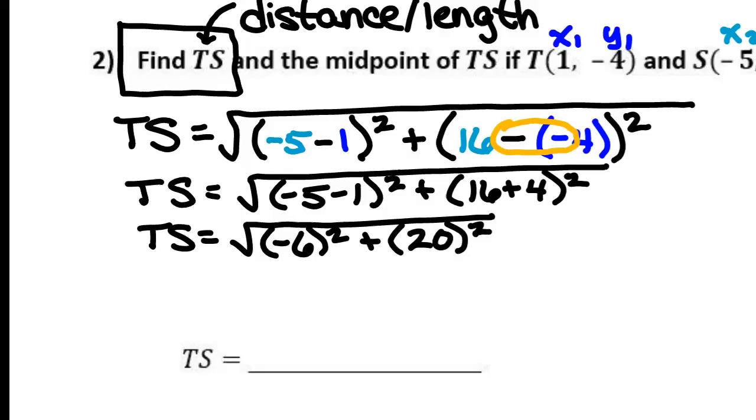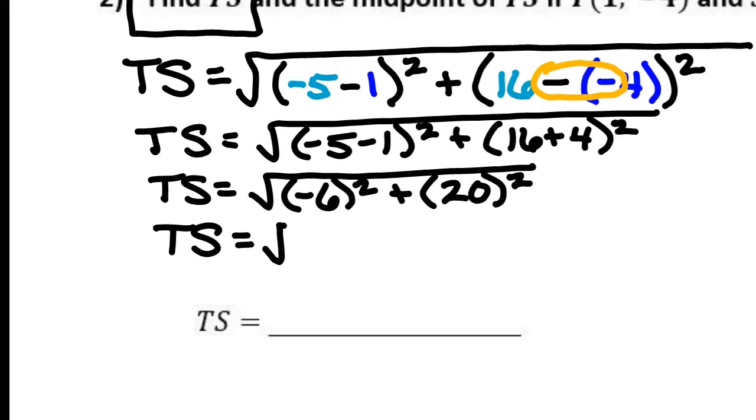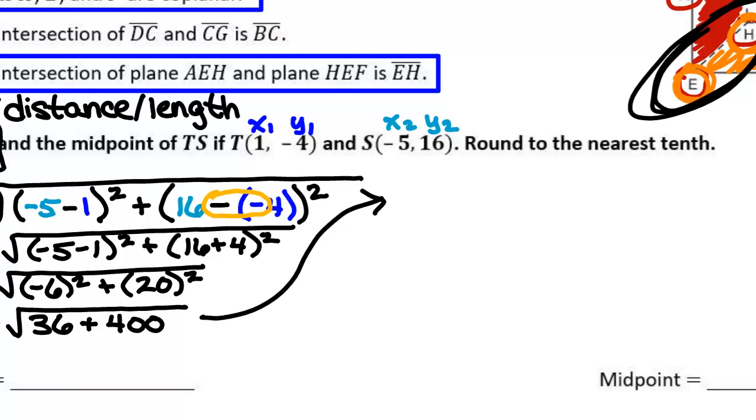What types of numbers do we get when we square things? What type of number? Always positive. Always positive. Make sure you are using the parentheses on your calculator, because if you put it into the calculator without the parentheses, your calculator will lie to you. It will tell you that it's a negative number and it's not. It'll mess you up from that point forward. So what is negative 6 squared? 36. What about 20 squared? 400. So we add those two together, we get 436